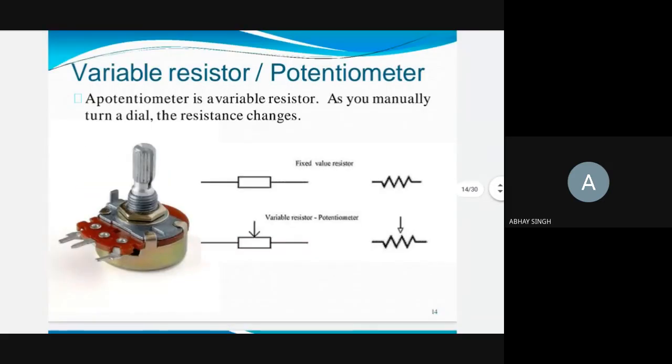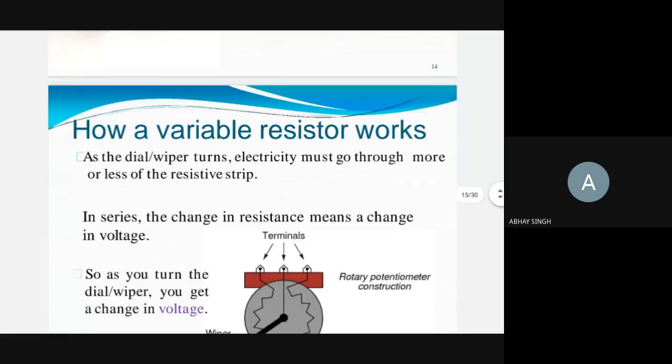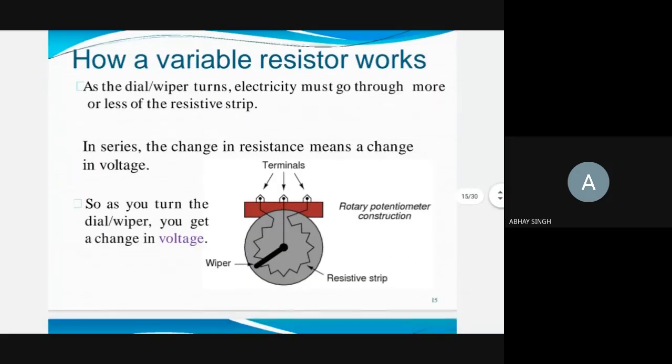Now these are the variable resistances called potentiometers. That means you can vary the resistance. There are 3 points here. One is the variable point, one is input, and one is output. So we can vary the variable point and we can get different voltages from the resistance. So this is called a potentiometer. We call them pots or variable resistance. Okay, so this is how it works.